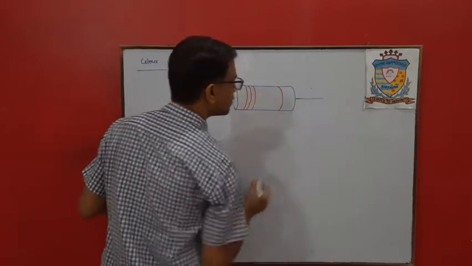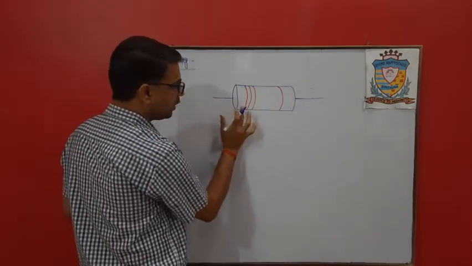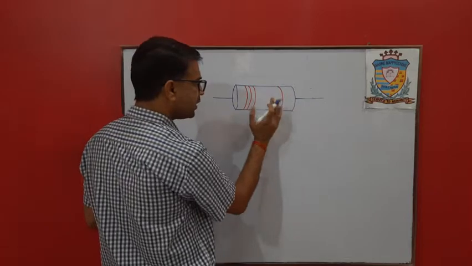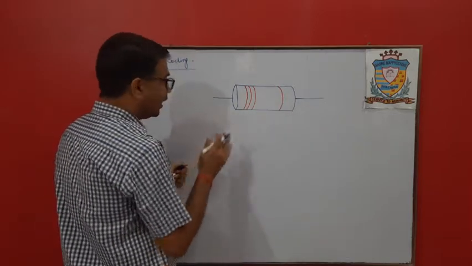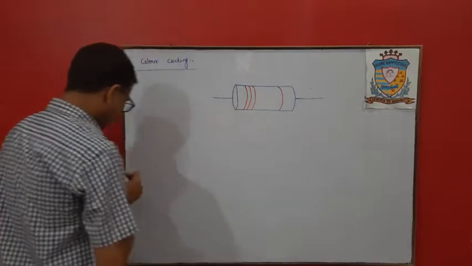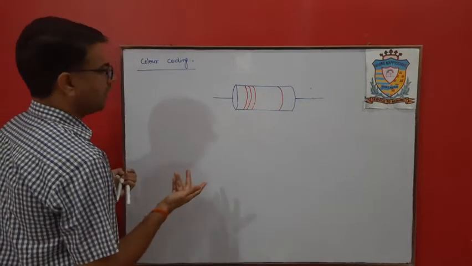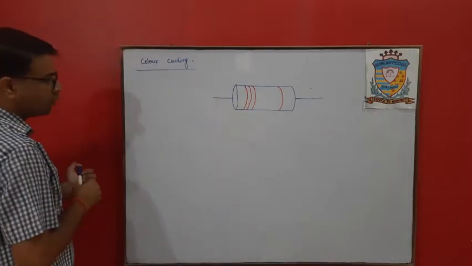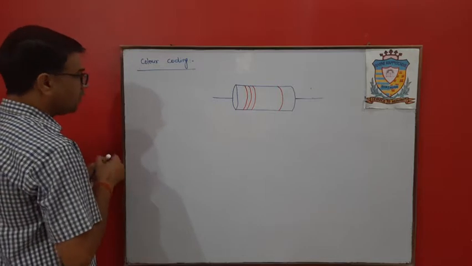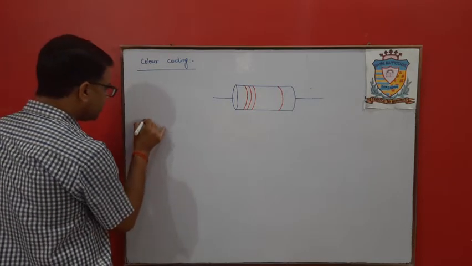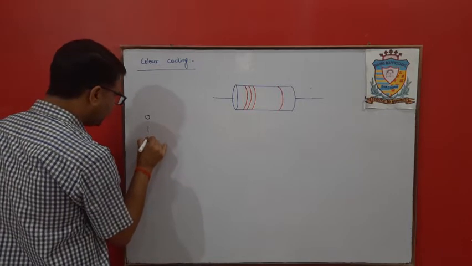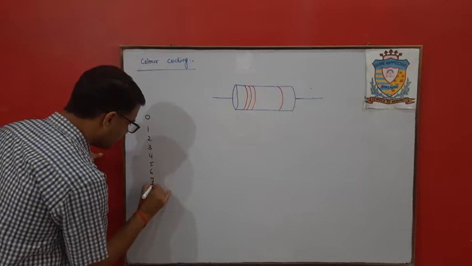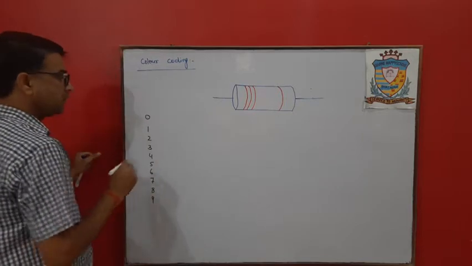These two are connection wires. On this resistor we will have four different lines. These three are close enough and one is at some distance. Okay, and they have different colors. The color combination can be anything like black, brown, blue and gold. So we will first note down the different colors. What is the representation of the different colors? That is 0, 1, 2, 3, 4, 5, 6, 7, 8, 9.